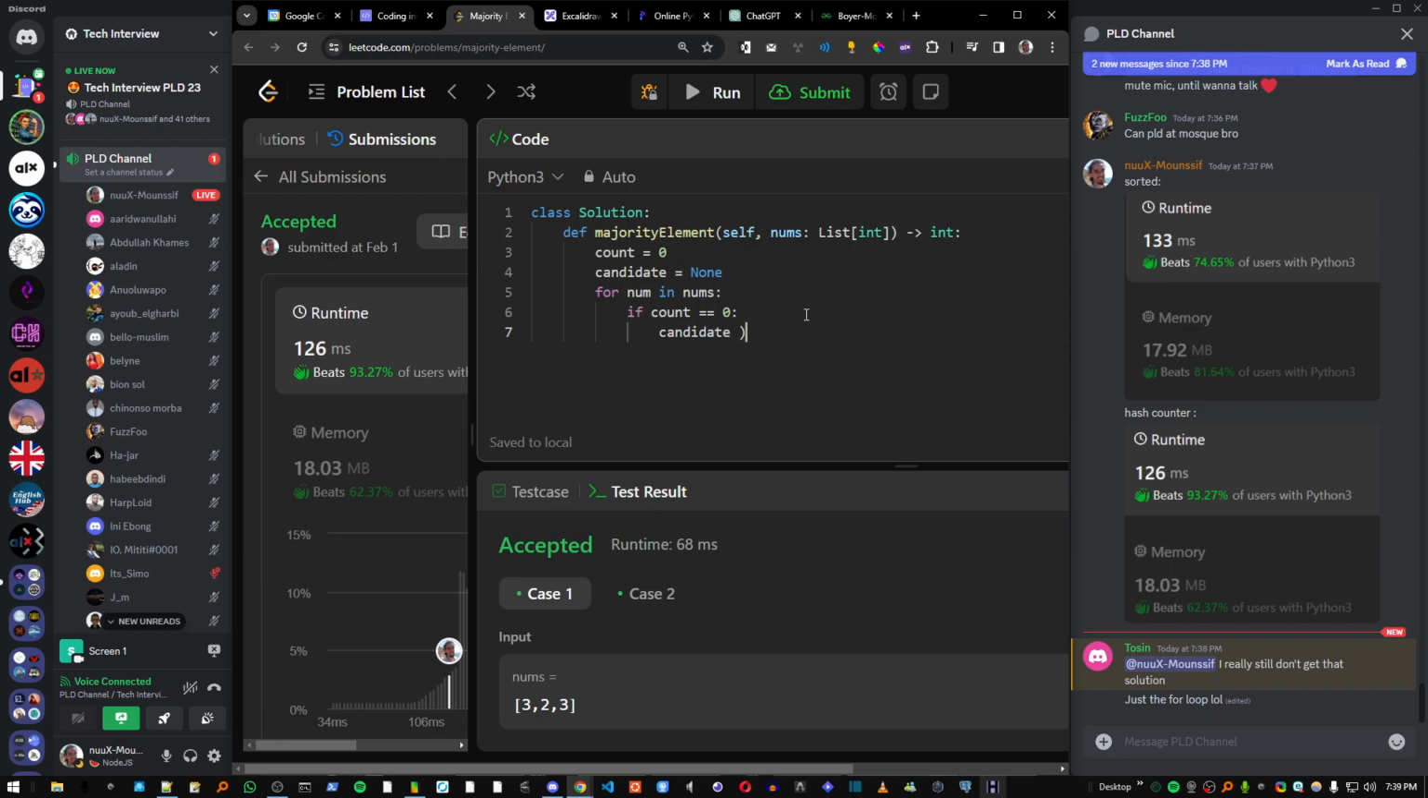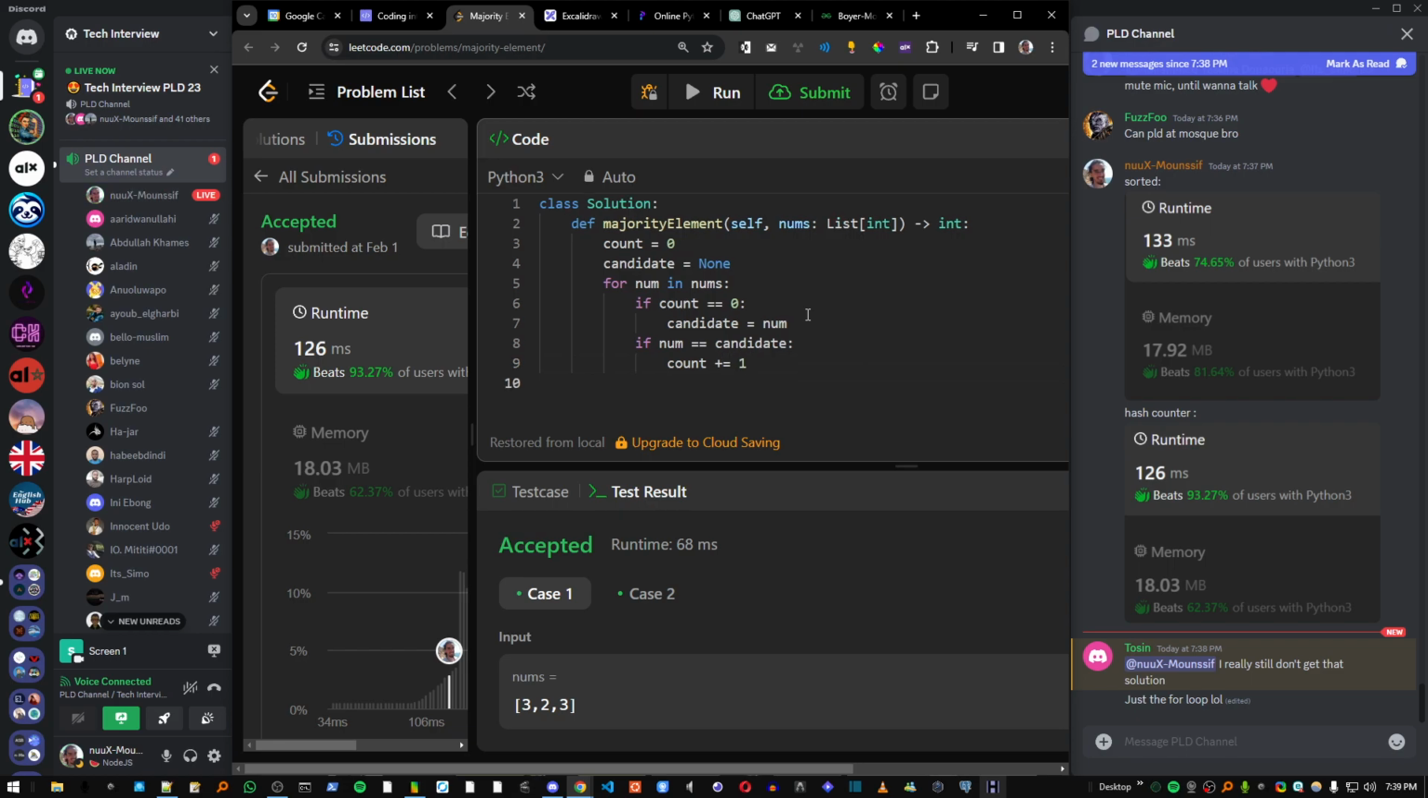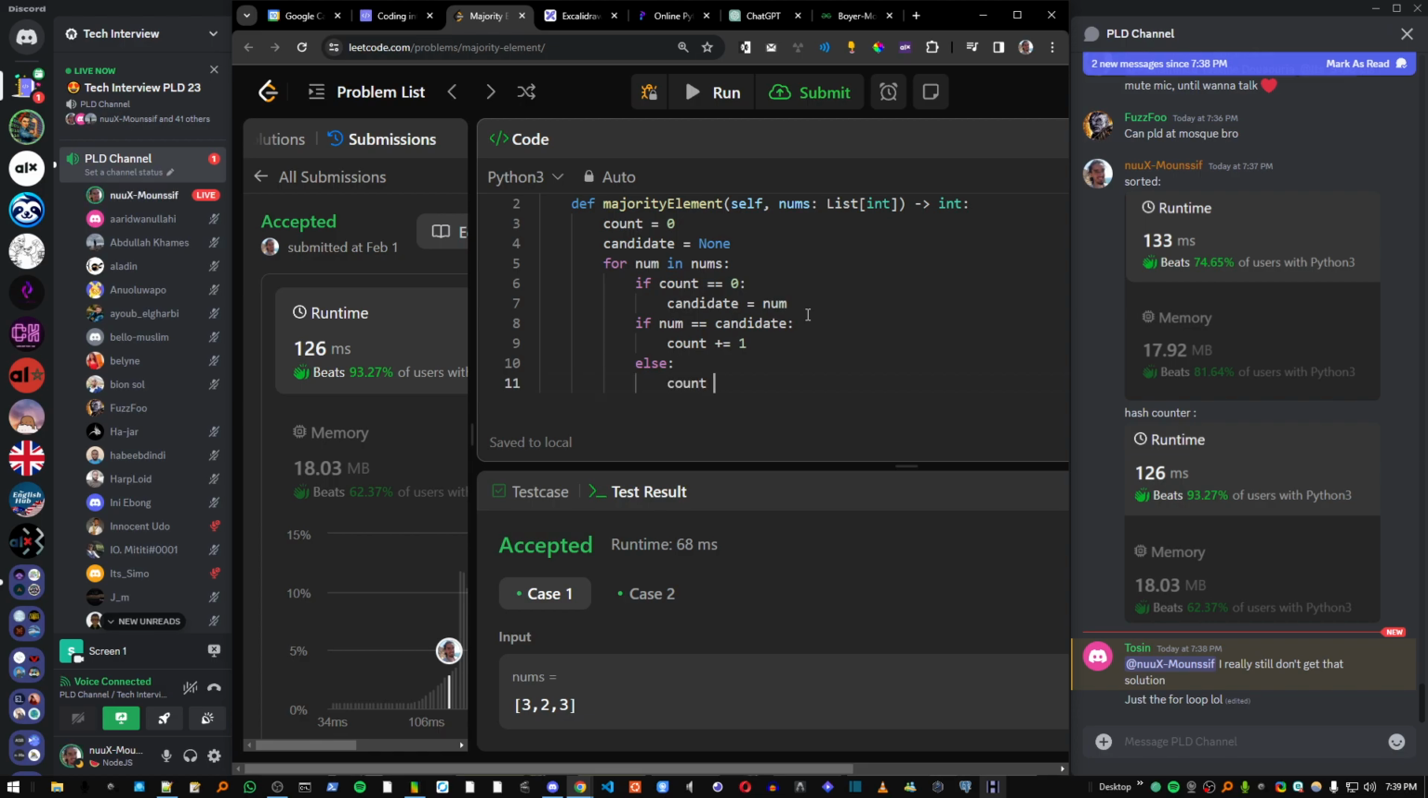Candidate equals num, then if num equals candidate, count plus 1, else